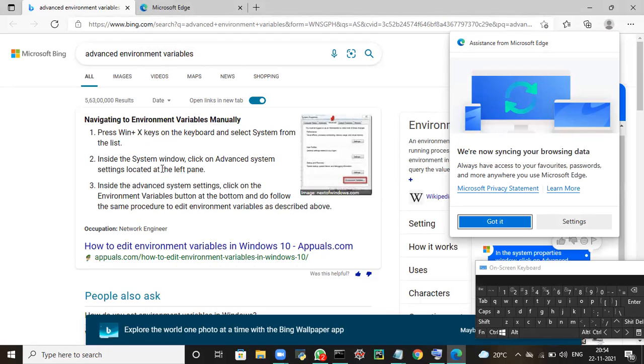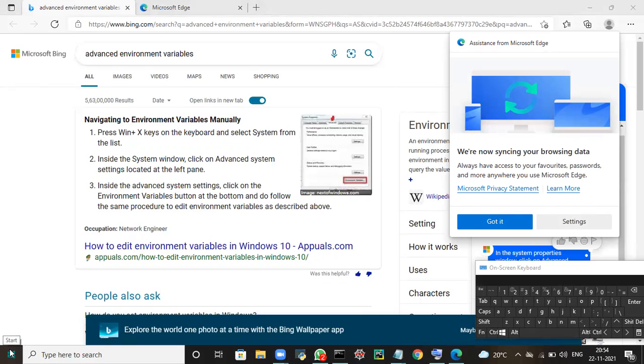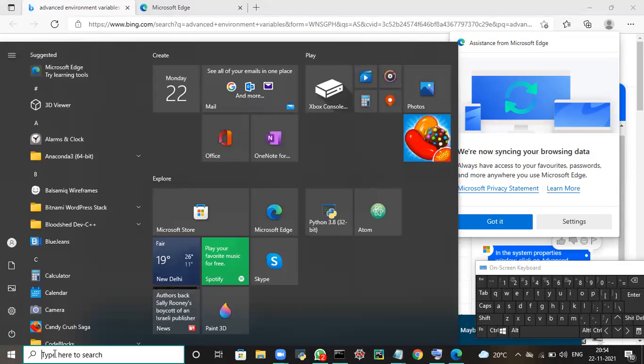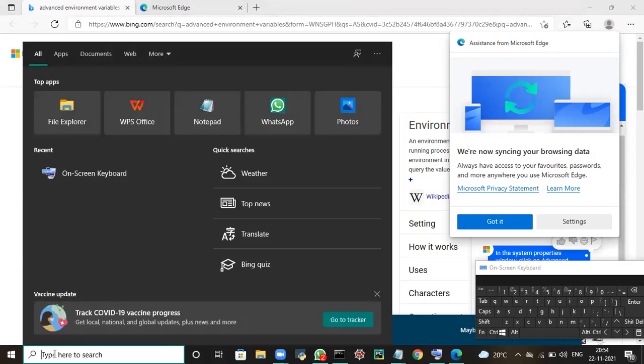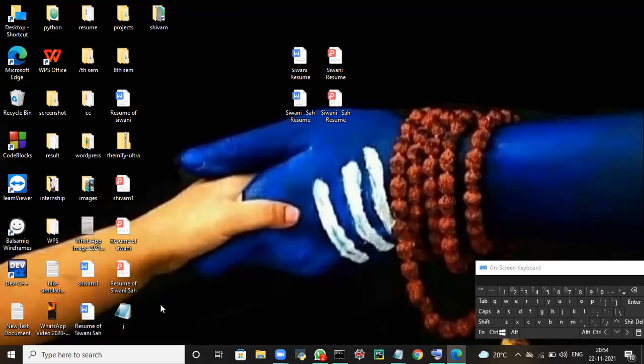No, you don't have to search on the web. You have to search on the system only. Why are you searching on the web? No, sir, actually I searched, but I'm not getting that in the system. Okay, go to the desktop. Right click on This PC.